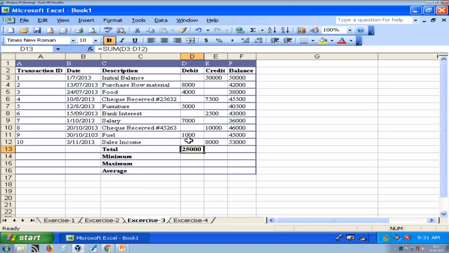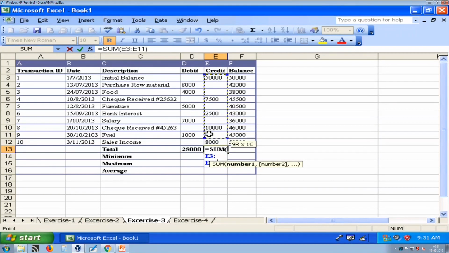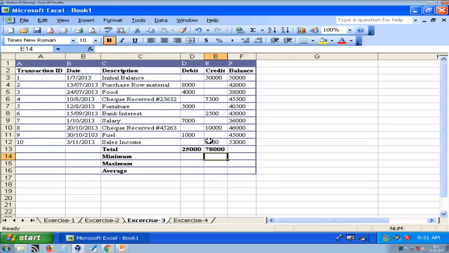So, the total debited for the given range is 25,000. Likewise, you can calculate the total credit for the given range. So, here press auto sum and change the range. Press enter. Now, you will get the total credit for that range.